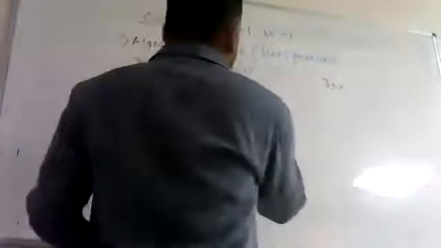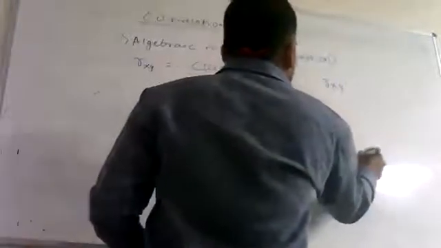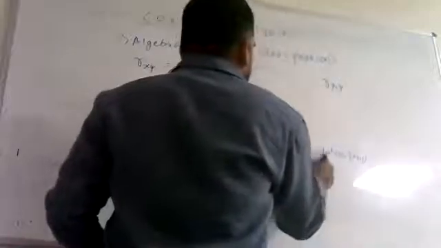For conducting the test of significance, first we have to set the hypothesis. So null hypothesis is rho xy is equal to 0, and alternatively, rho xy is not equal to 0. Rho is equal to 0 means there is no linear relationship between variable x and variable y. So from this we have to calculate the value of t.